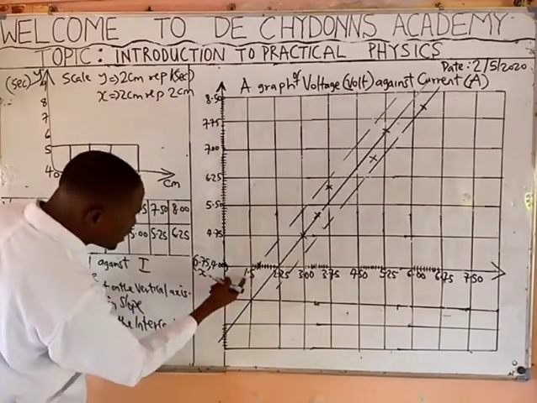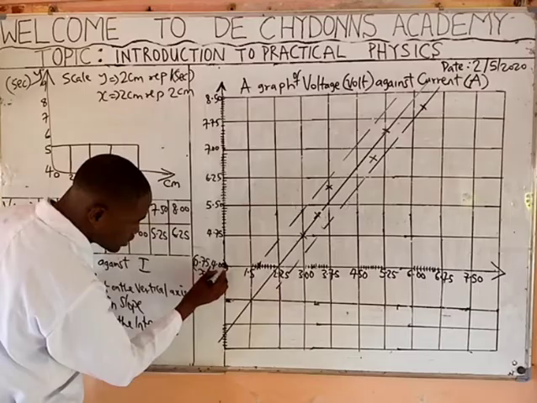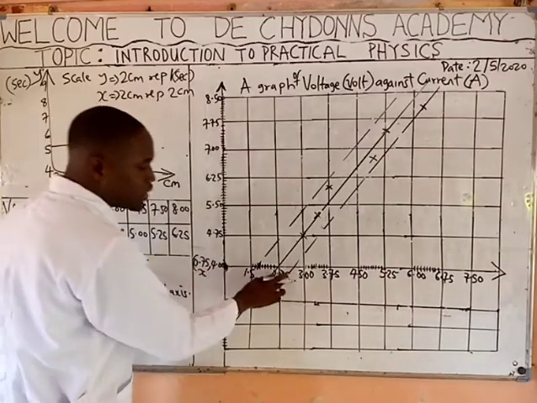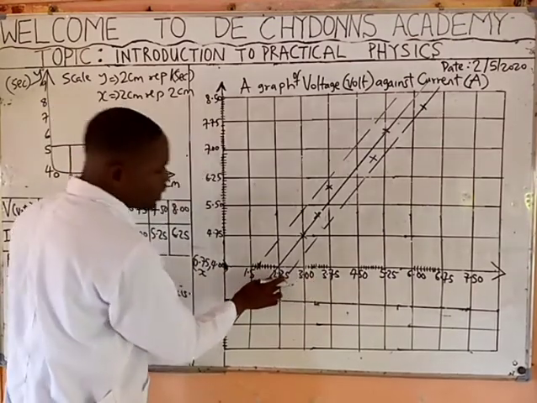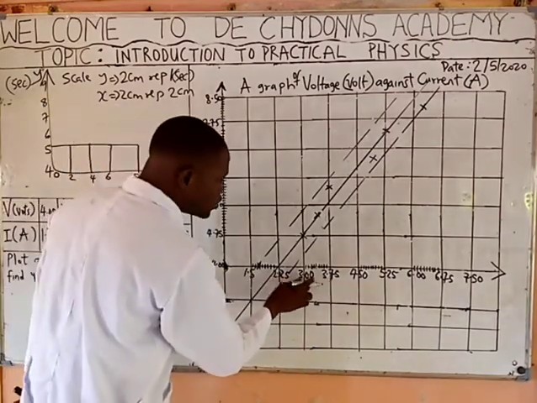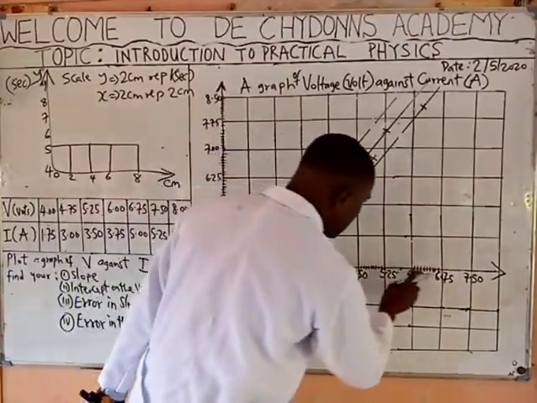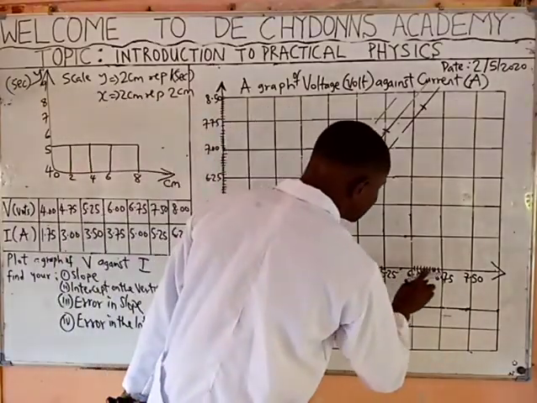So the difference between this and the first value of x, the difference between here and here is 0.75. The difference between here and here, 0.75. The difference between here and here, 0.75. So it is uniform. All these differences must be giving you 0.75. If anyone gives you a value that is not 0.75,